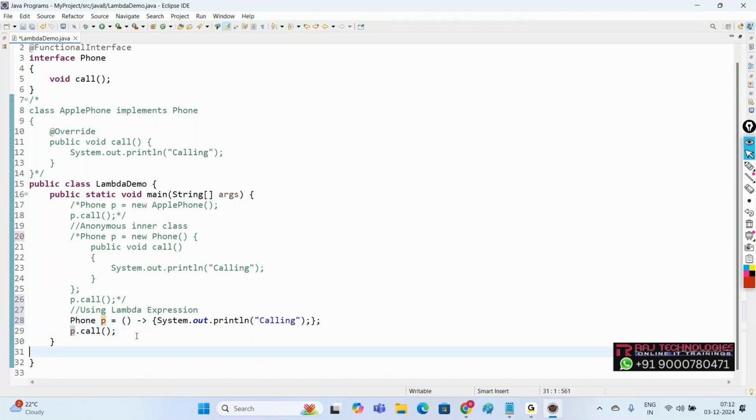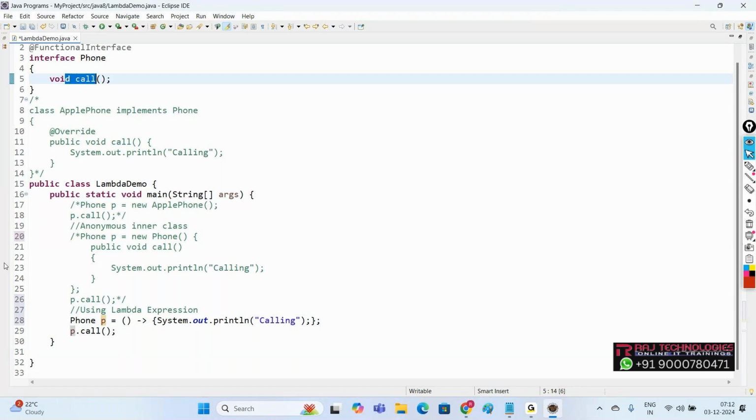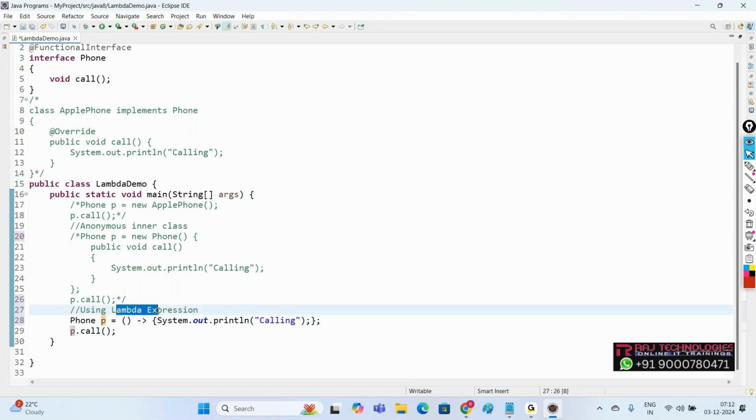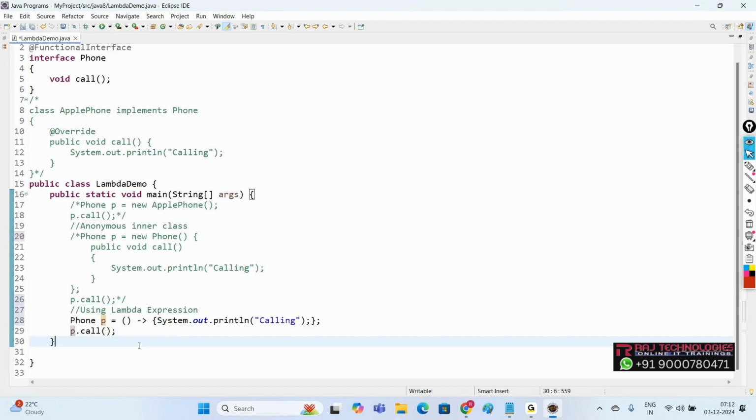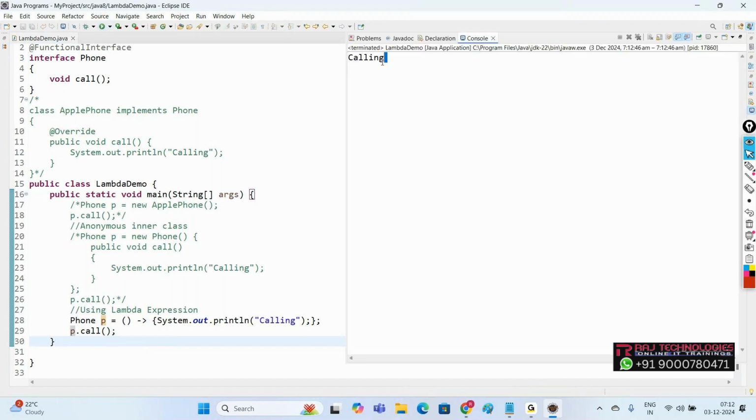The meaning is, the need of going with Lambda expression is that we already know which method to override. Already we know the method name to override. Why mention the method name once again? That's the main objective of Lambda expression. Clear all of you how to write the code using Lambda expression? Right? Same result. Now,